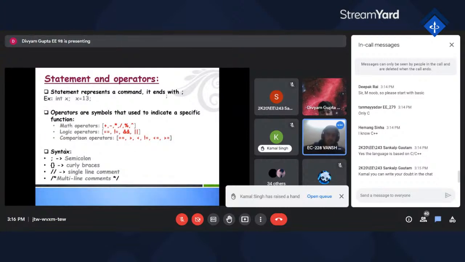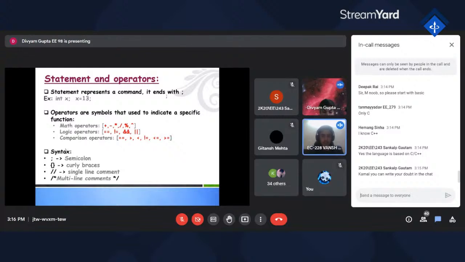Before moving on to the main code, we have to perform various sets of operations. What are the operators? Just have a look at them. First, the importance of the semicolon statement. We write various statements in C++, or rather Arduino coding, because it's not C++ but Arduino coding.